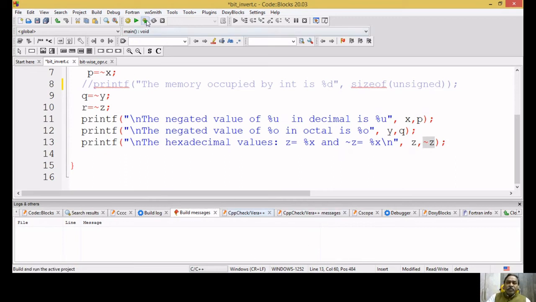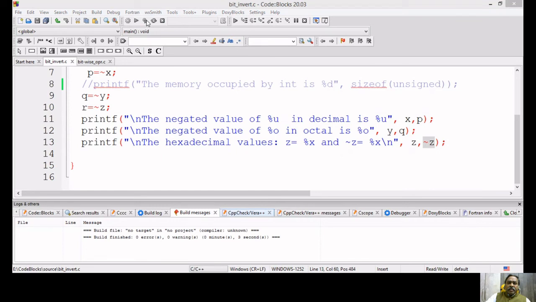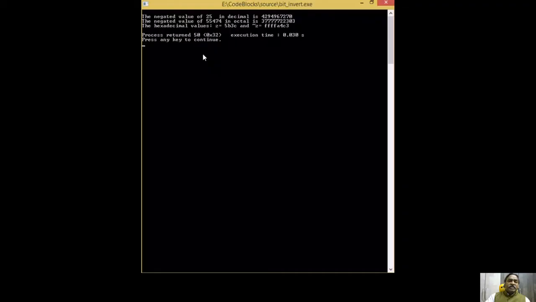Now I will run this program. Now I will share this output screen for a moment. Maximize the screen and then come here. Share the screen, the output screen of my C program. Okay, this one. You can see here